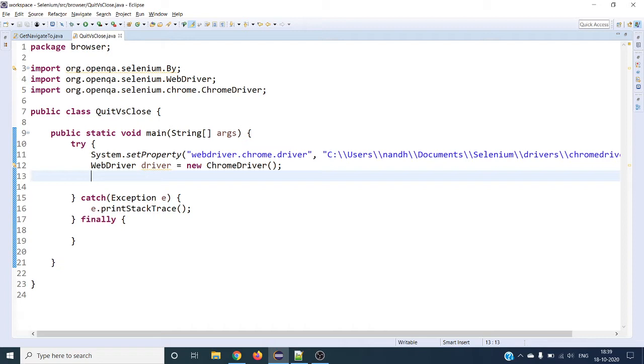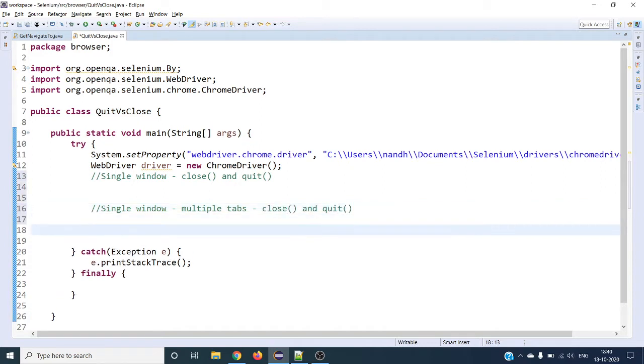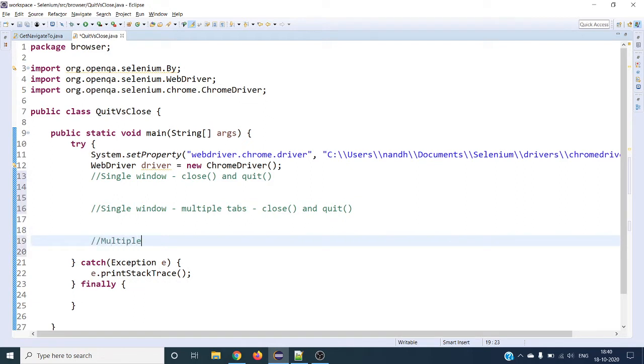Today we are going to see three different examples. One is we're going to open a single window, and we will see how close and quit behave. Second, we are going to have a single window but multiple tabs, and see how close and quit behave. Third, we are going to have multiple windows, and see how it behaves with the close method and quit method.